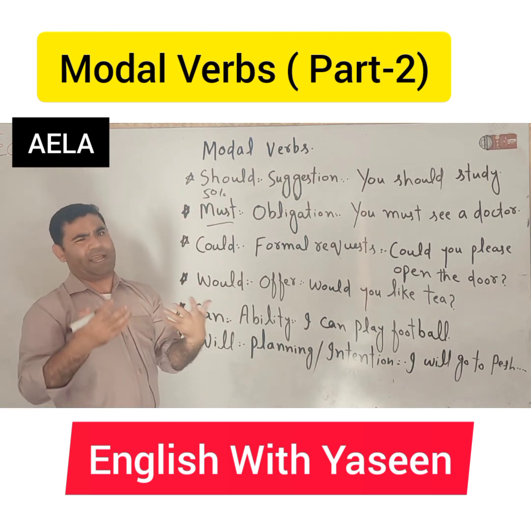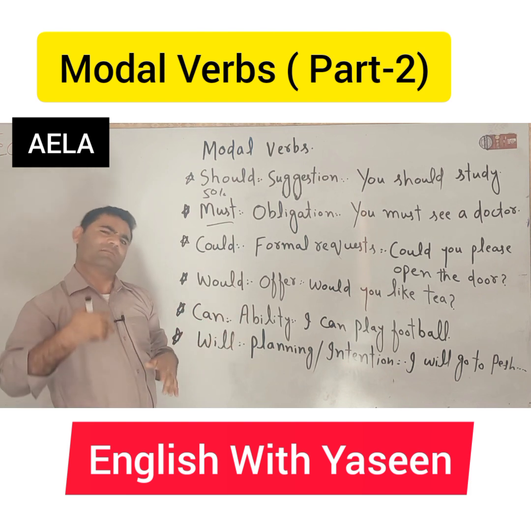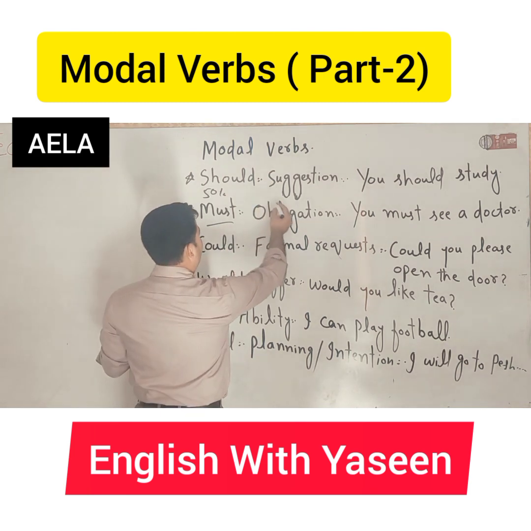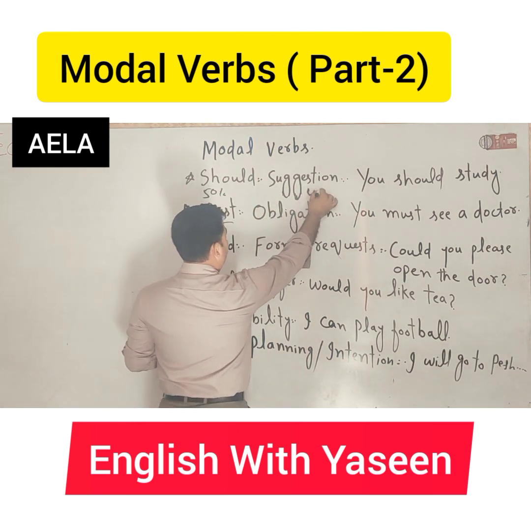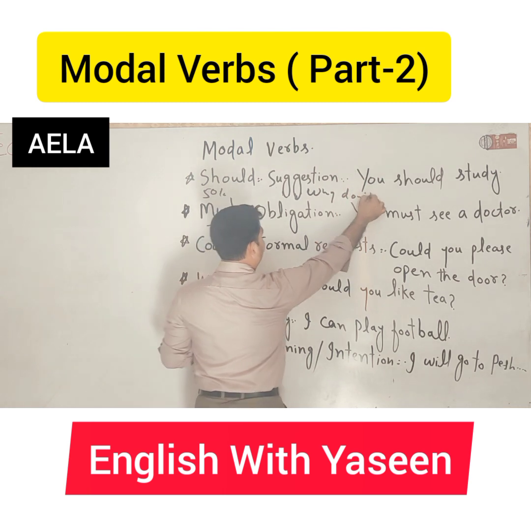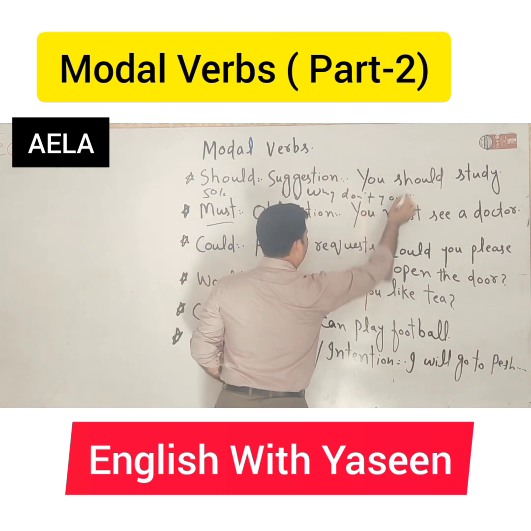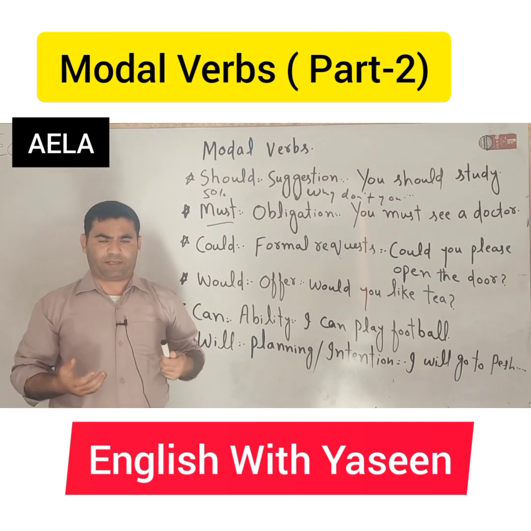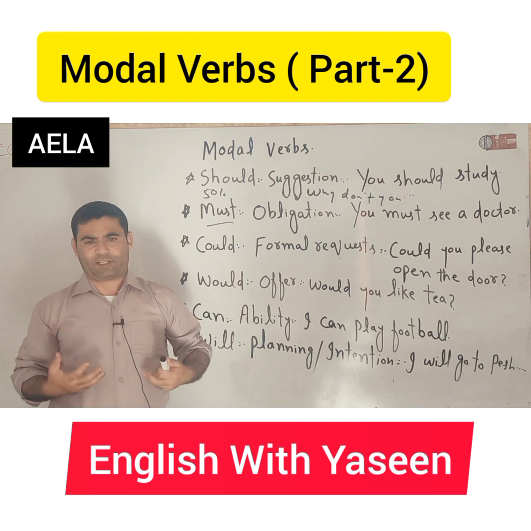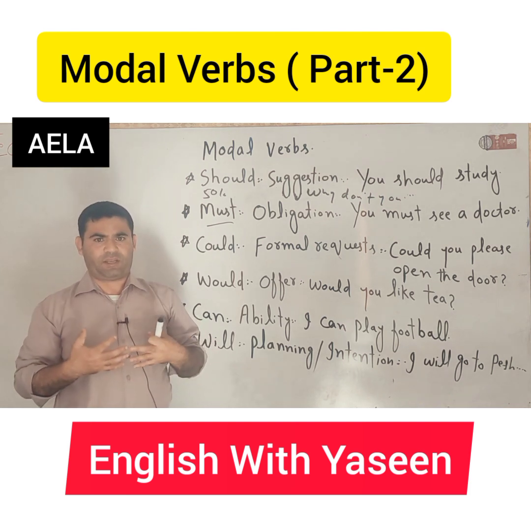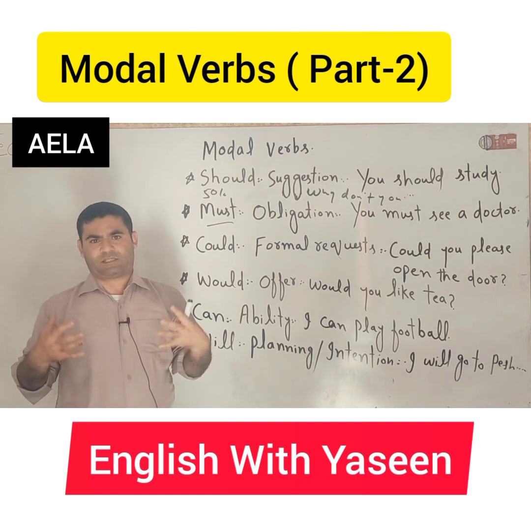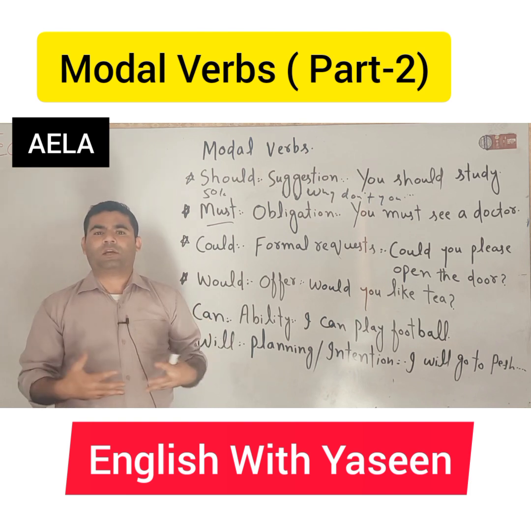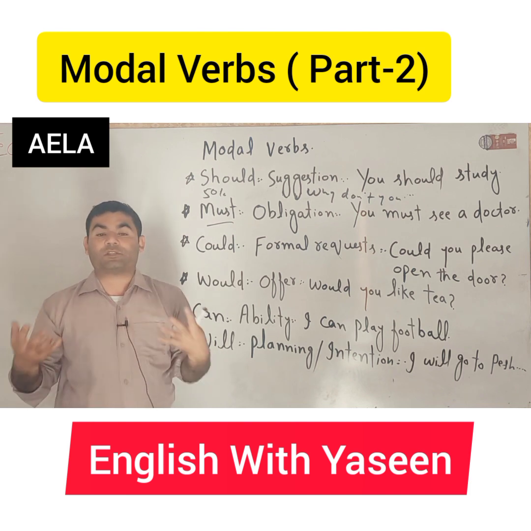50% means that the person has an option. If he goes for it, his choice. If he doesn't go for it, his choice. But if someone is my informal friend, we can also use this structure: why don't you? If someone is my close friend and he has a problem, for example, he is struggling with his financial condition, or he is jobless, or he has some financial crisis, I just say, why don't you work? Why don't you do this? Why don't you start a business?